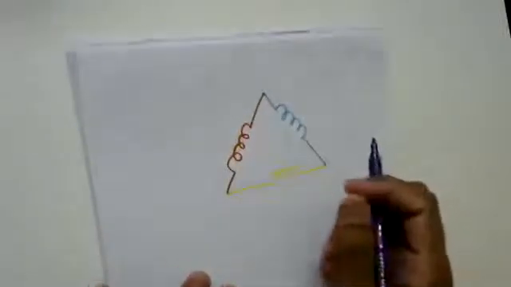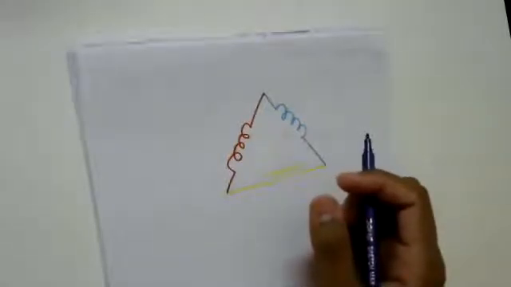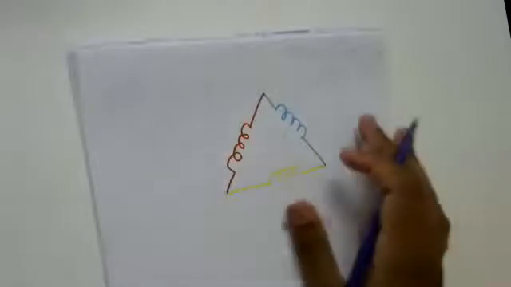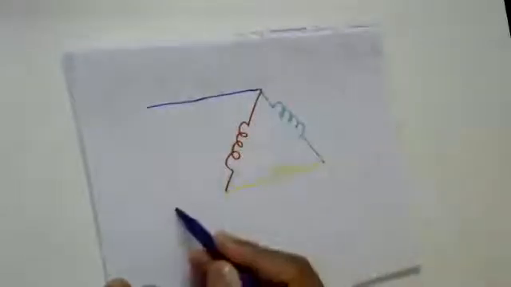Okay, so R, Y, and the B. Now I am having the end terminals which are to be brought out. I want end terminals to be brought out so that I can make some identification about the voltage and currents in the circuit. So those end terminals, I'll get them out over here.